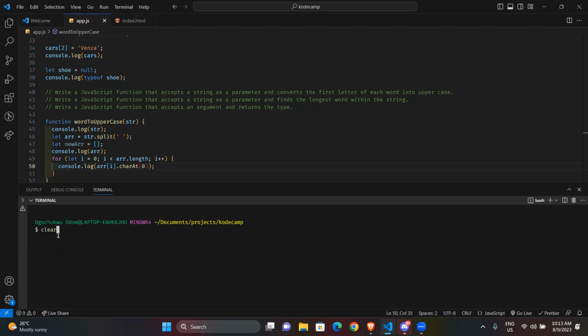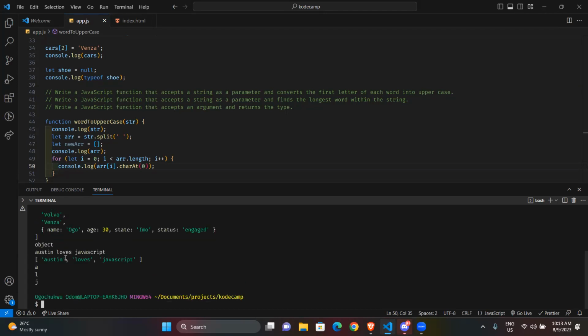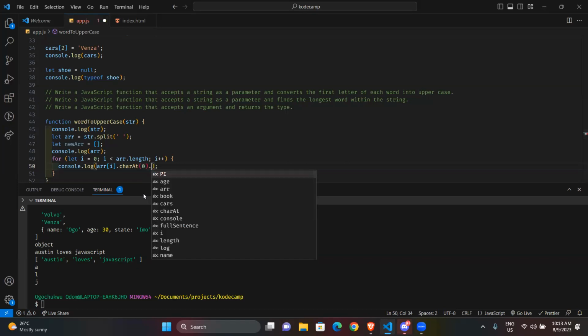Okay, so I actually have A, L, and J. So I'm getting the first character of each word as it comes in here. This first character now, I need to do dot toUpperCase.